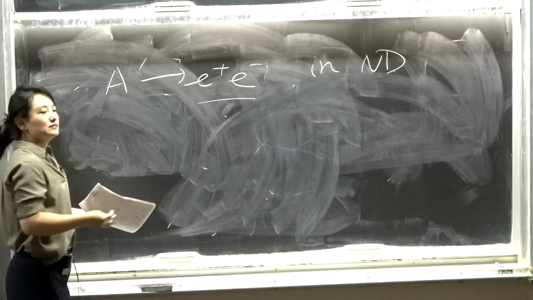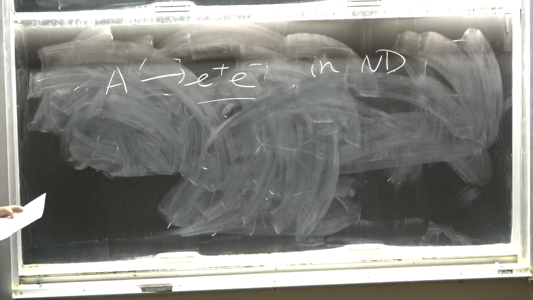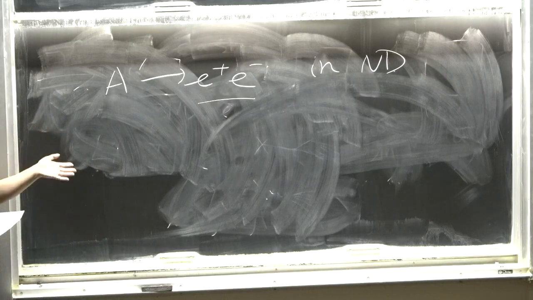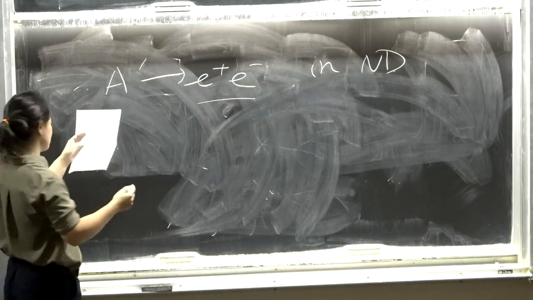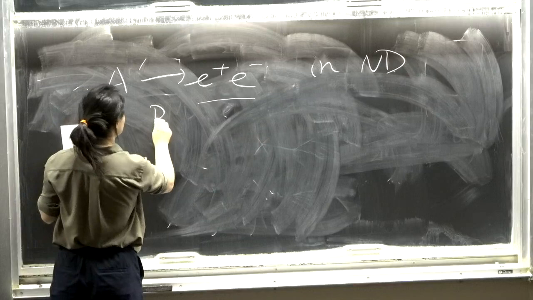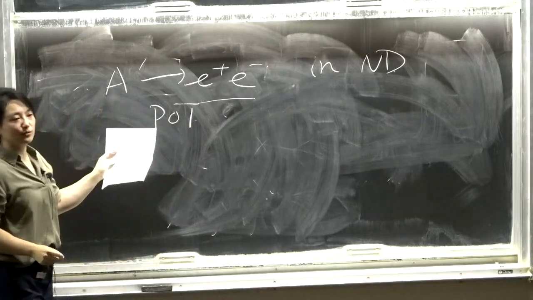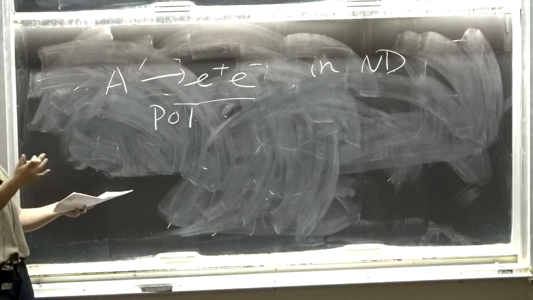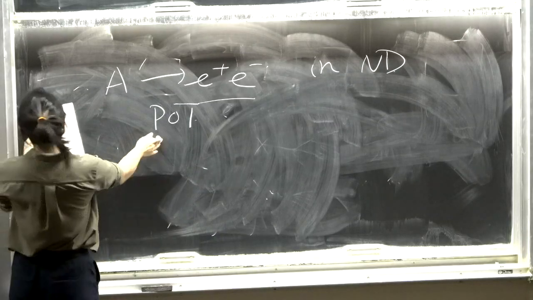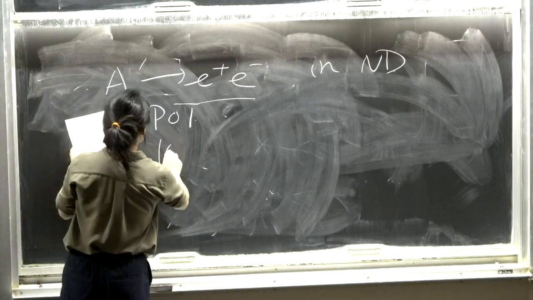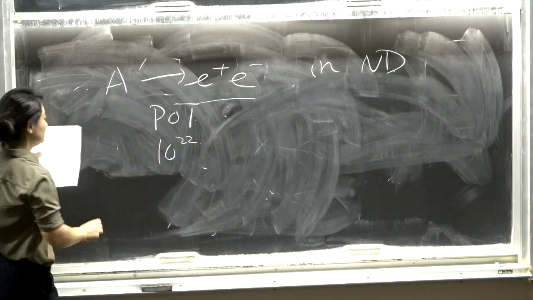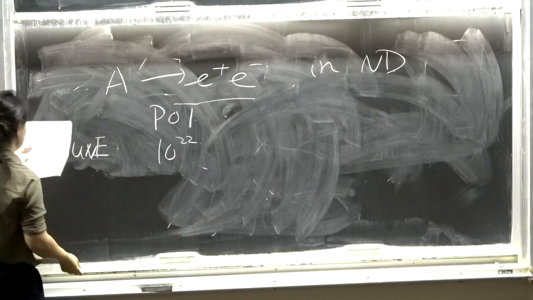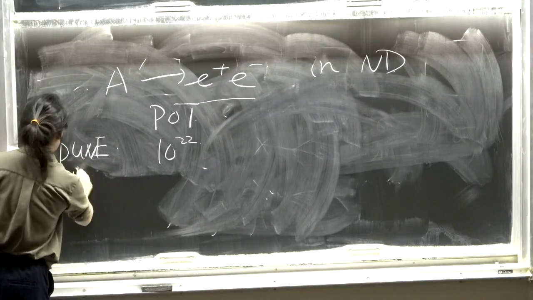And so I do have time to write this down. If you think about experimental sensitivities, there's a couple of things to consider. For instance, what is your beam power? So how many protons are colliding on your target? Essentially, imagine it's some sort of flux. So for instance, DUNE has 10 to the 22 POT, compared to, let's say,